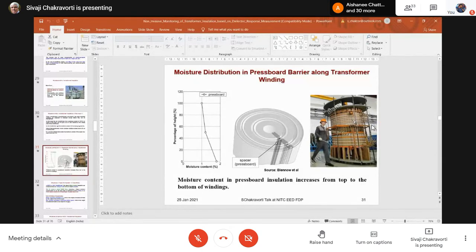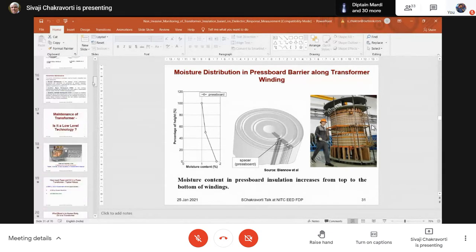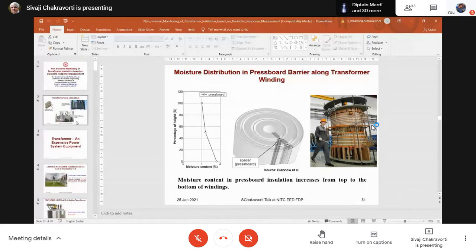This is now being manufactured. So it is still under manufacturing. So you can clearly see how these turns are being made. So these are the real big transformers we are talking about. These are not the short, small ones that you see. So that is why we are so much concerned. And I can tell you why we are so much concerned.